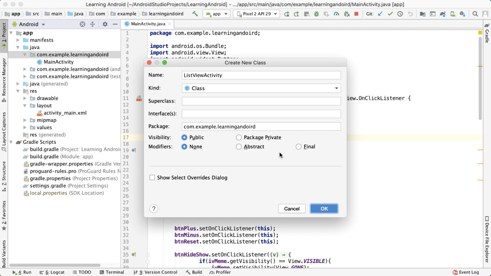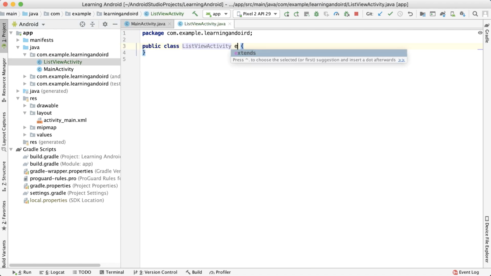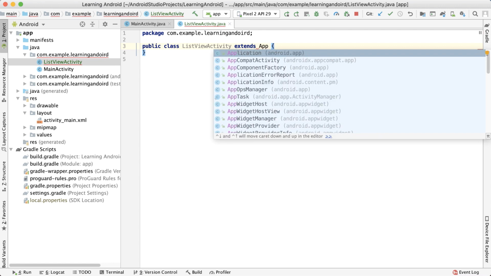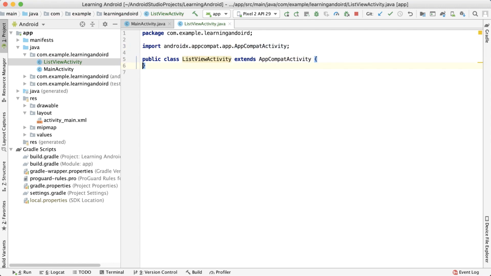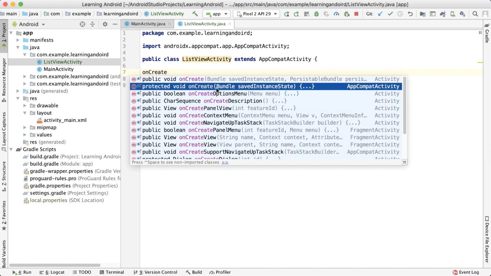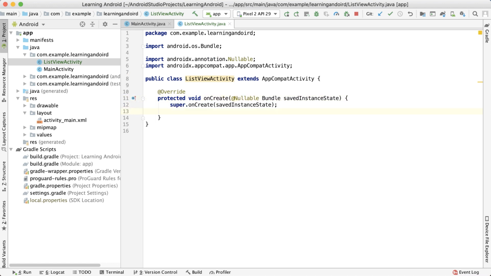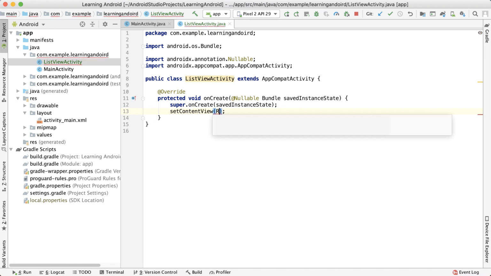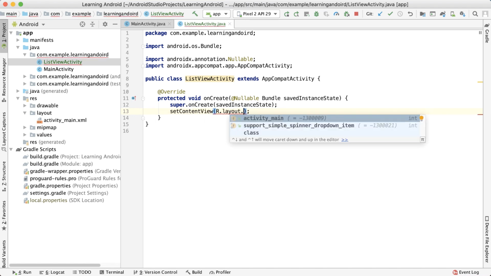And then hit OK. Here we need to extend our activity with AppCompatActivity. And finally, we need to override one method called onCreate. So just type onCreate, and Android Studio is going to give us the option, and select the option which has only one parameter called Bundle. Let me click on that, and here we need to assign our layout. So just type setContentView, and we're going to say R.layout, and here we need to write our layout